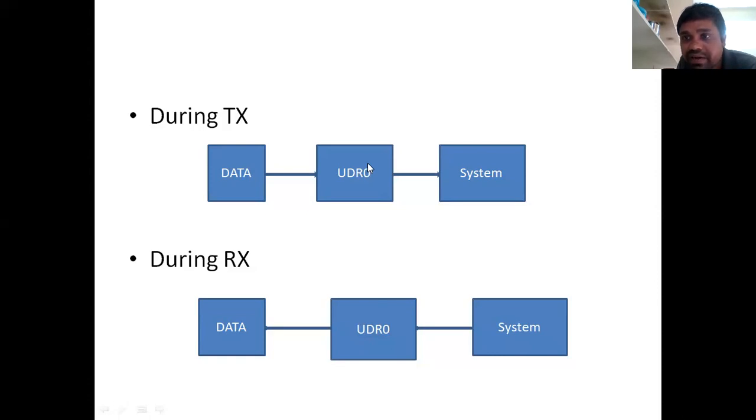Actually A is not stored directly as a letter; it is in binary or ASCII format. First it will send the first bit, after that the second bit. It will take some time to send the entire 8 bits to the system. Suppose after that I want to transmit B. First I want to check whether this buffer is empty or not. If it is empty, it will transfer the data to the system.